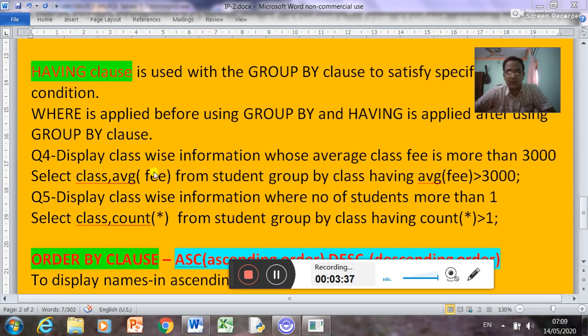So we want to display the result class-wise, but the condition is that the average fee is more than 3000. So the query will be SELECT class, comma, AVG(fee) FROM student GROUP BY class HAVING AVG(fee) greater than 3000. Here we have used HAVING in place of WHERE.